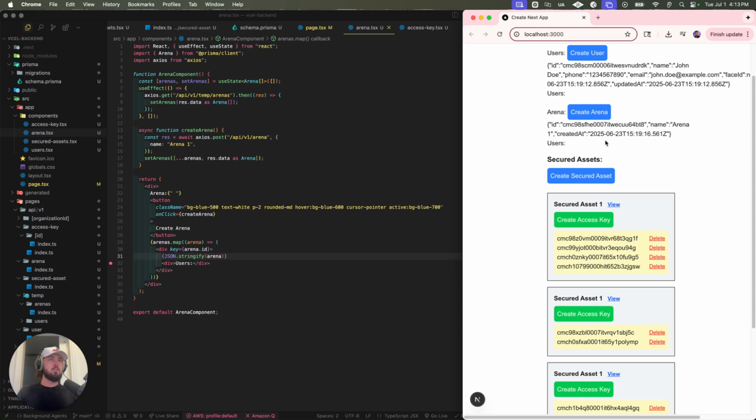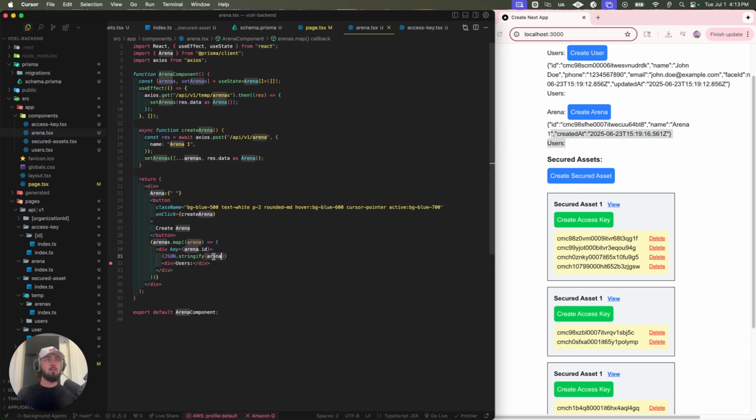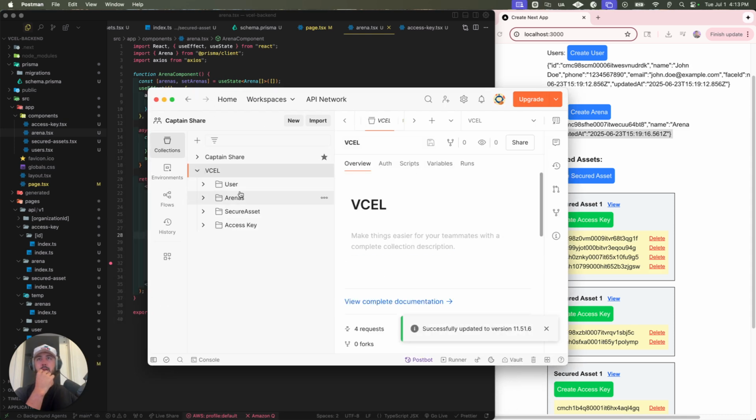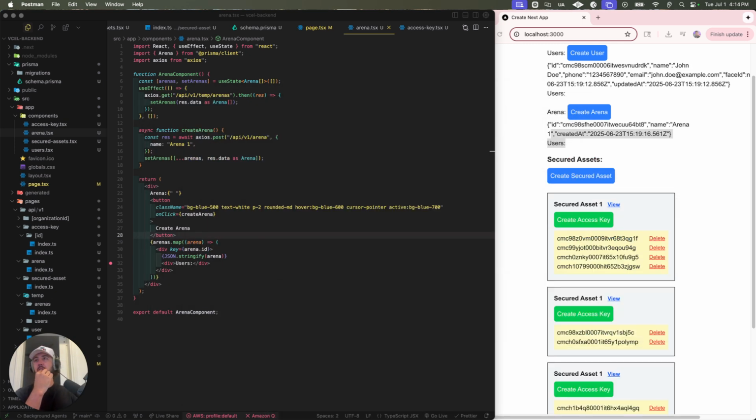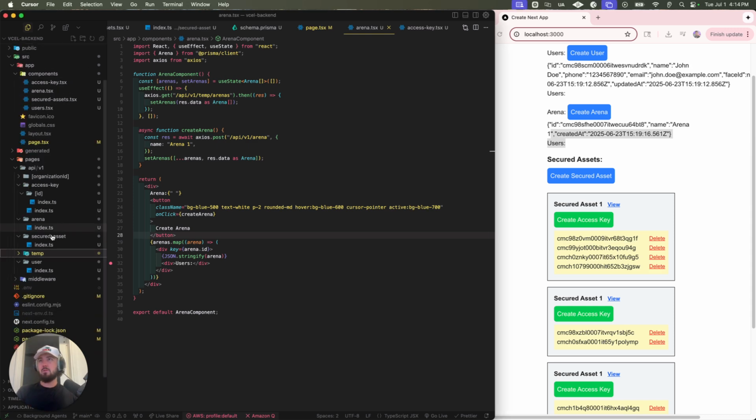JSON string. So there are no users here, right? So the arena. Let me pull up the old trusty Postman. Okay, so boom, we can create arenas. I don't know if we've ever built the ability to do temp arenas.